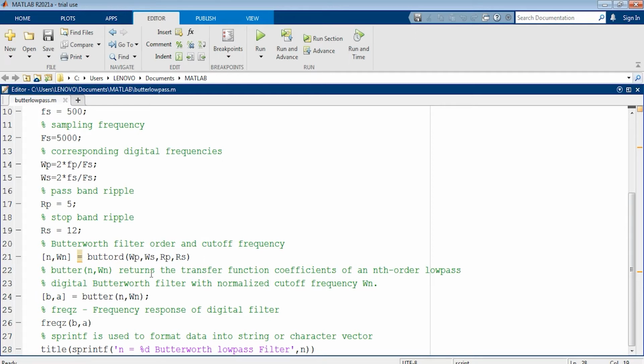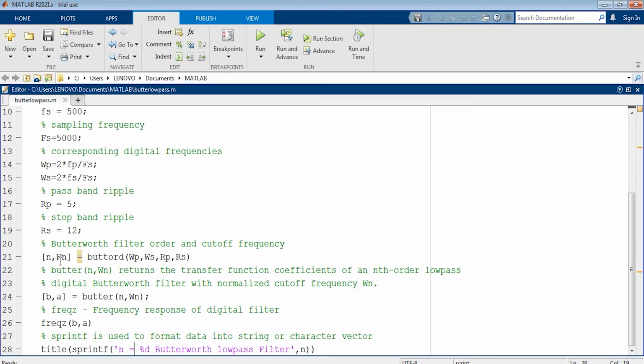The inputs are the passband frequency and the stopband frequency, and then the passband ripple and stopband ripple. It gives two outputs. The first output is n, which indicates the order of the IIR filter, and wn indicates the cutoff frequency of the IIR filter.